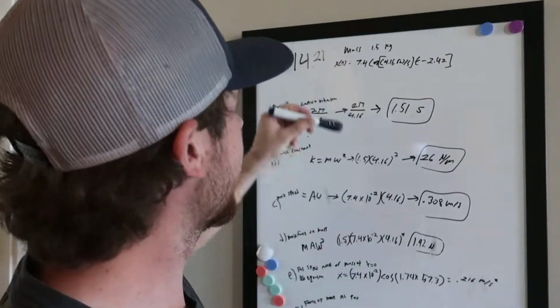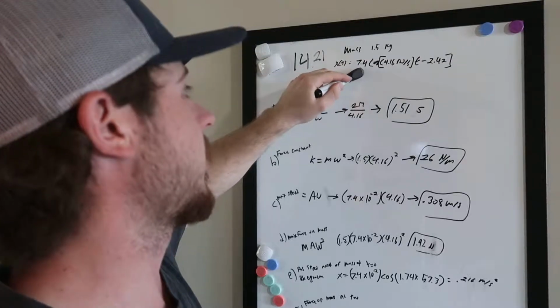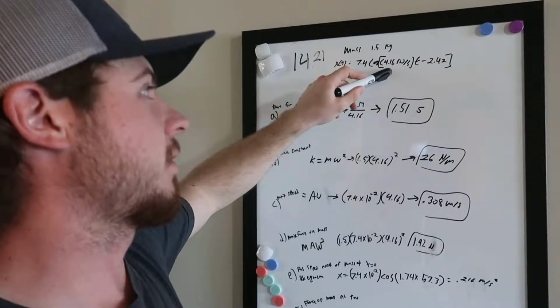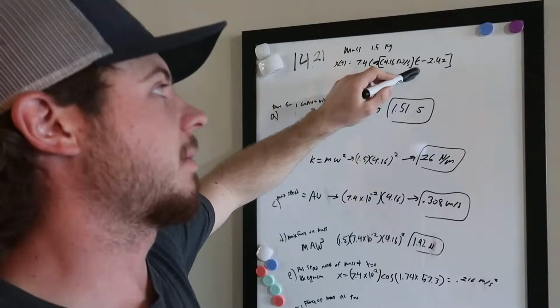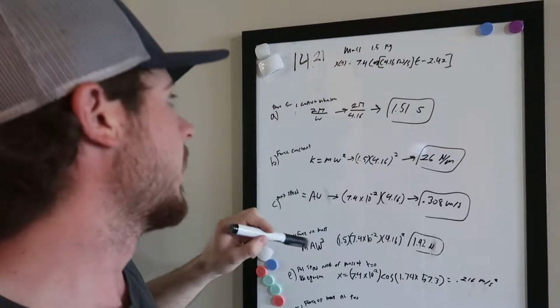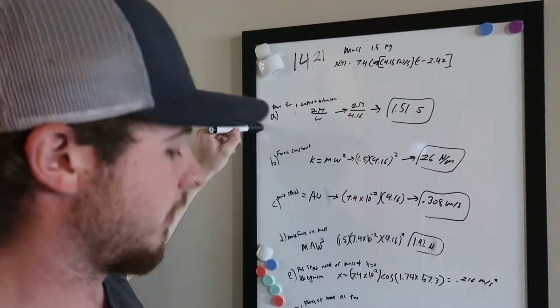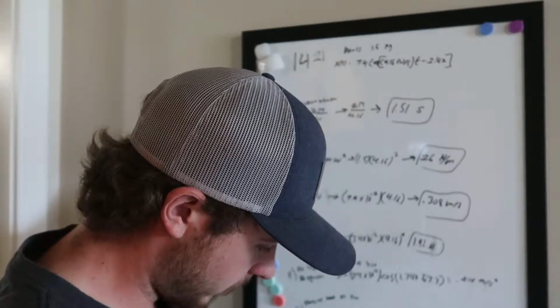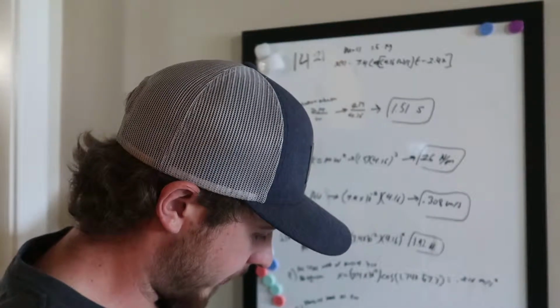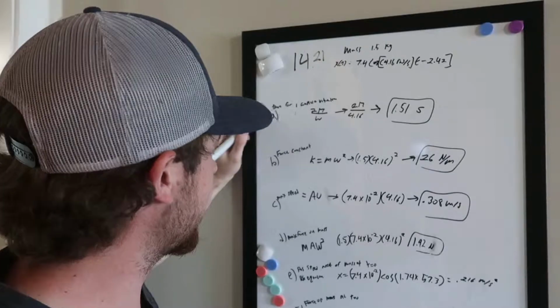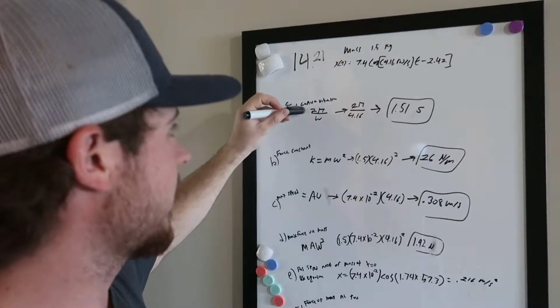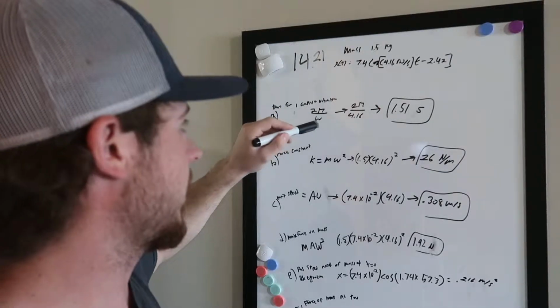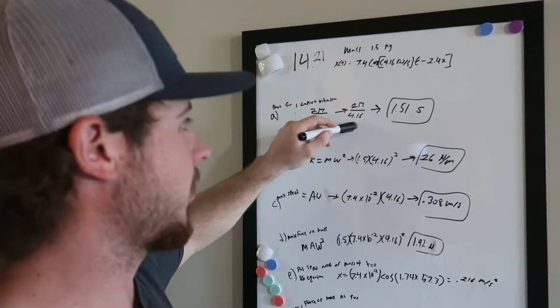of time given by this equation here, 7.4 multiplied by the cosine of 4.16 radians a second times t minus 2.42. Okay, so for A, it wants to find the time for one complete vibration, so that's just going to be the period. So that's going to be 2 pi over the angular frequency, which is 4.16,